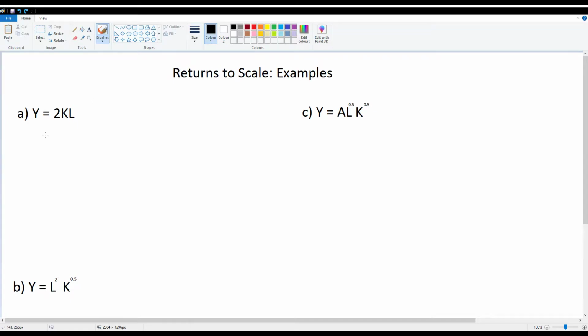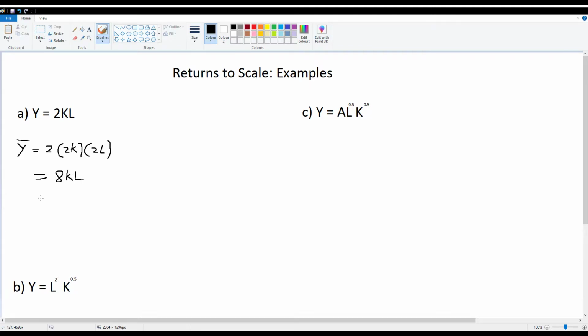So I'm going to denote a new level of output. I'm just going to call it Y bar. Y bar represents output when we double all of our inputs. So let's say we double the amount of capital, so this is going to become 2K, in brackets, so it's a bit easier. And then 2L as well, because we're doubling all of our inputs. We can bring these 2's out to the front, and it becomes 8KL,